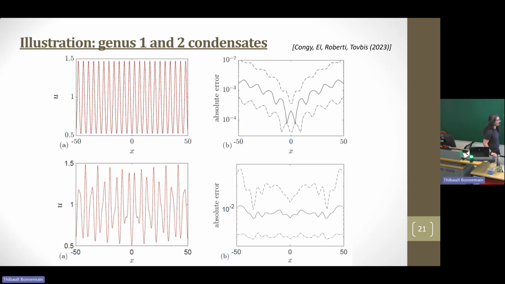But there are also other reasons to look at this kind of object. The most important one is probably the fact that you can use this soliton condensate as a background, and you can put a soliton or soliton gas on top of it. For example, this is something that people are currently doing. They are looking at what happens if you put a soliton solution on a cnoidal wave. There's a very recent paper by Bertola, Jenkins and others from last year. This is another paper by